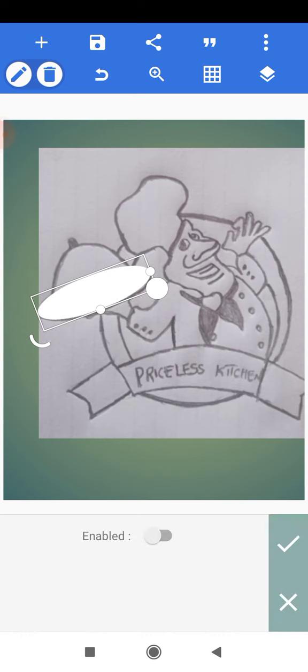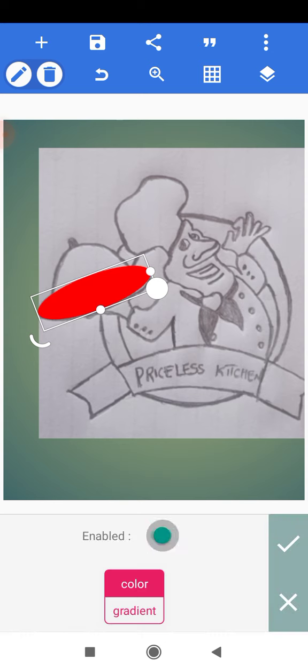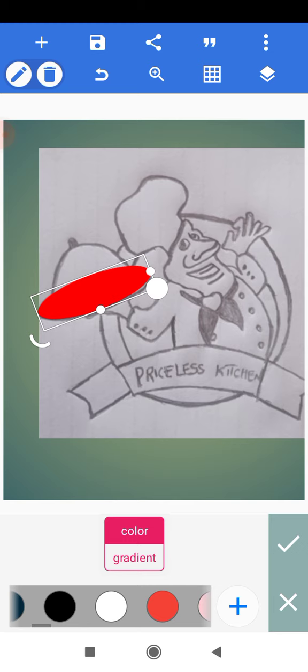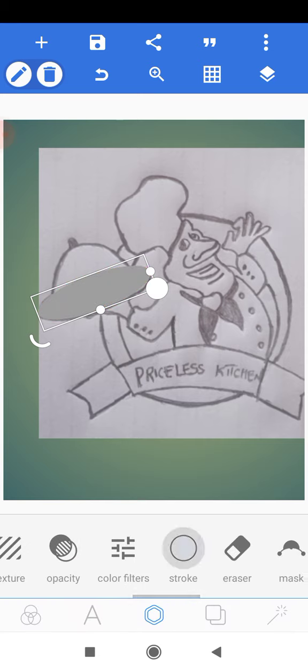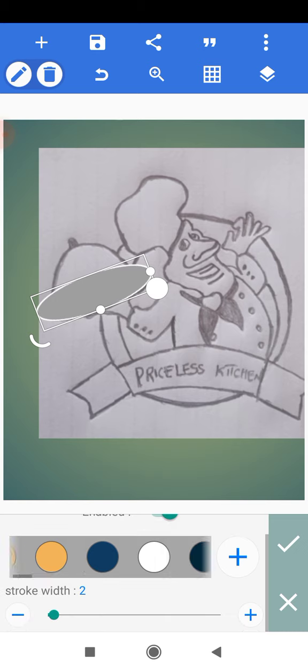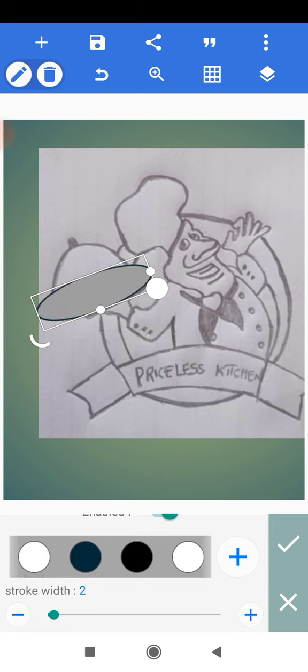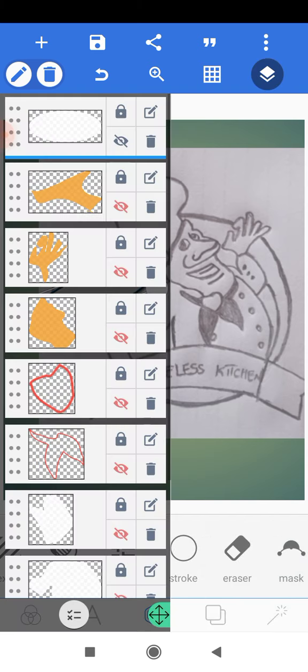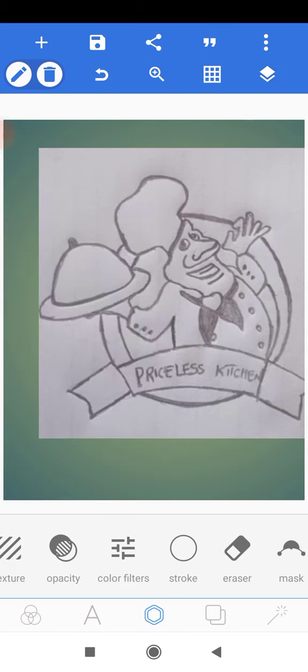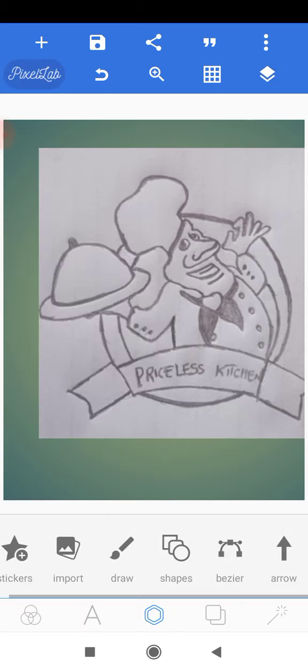So we'll change the color to this gray here. So we have a gray color here. So we'll change it to this, and then we'll give it a stroke. Change the color of the stroke to this color here. We'll give it a stroke and we'll click on OK. So we'll want to hide it, and then we'll head onto this tool here, and then we'll start to trace